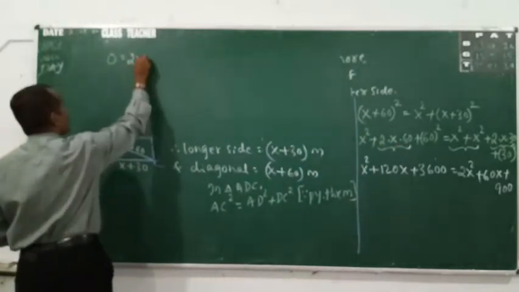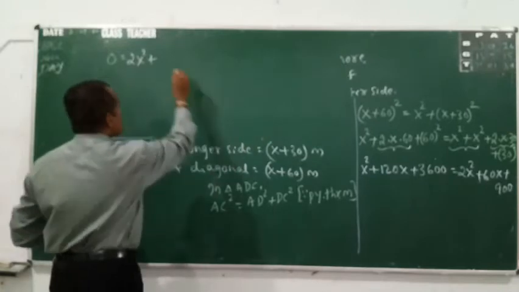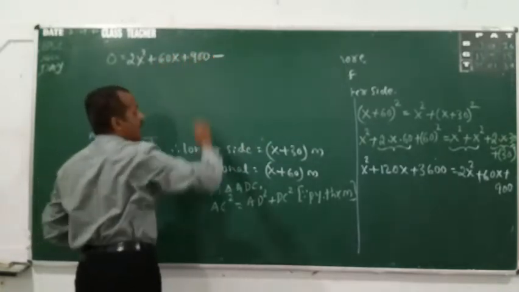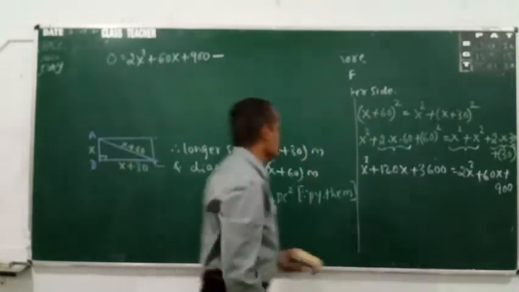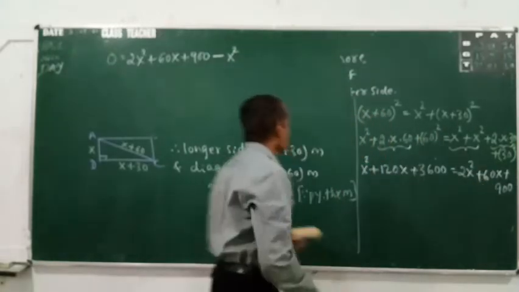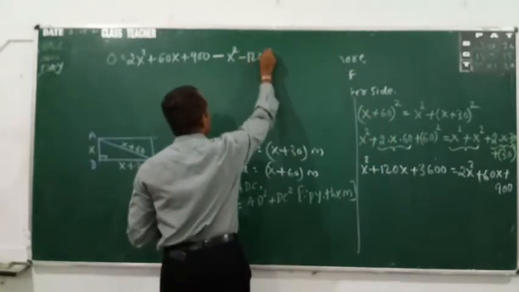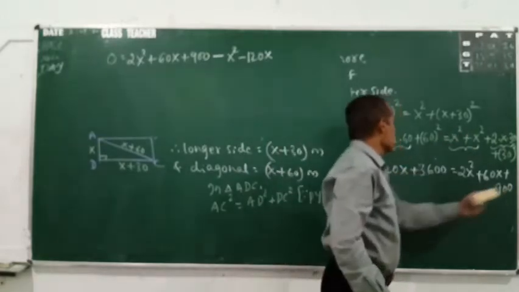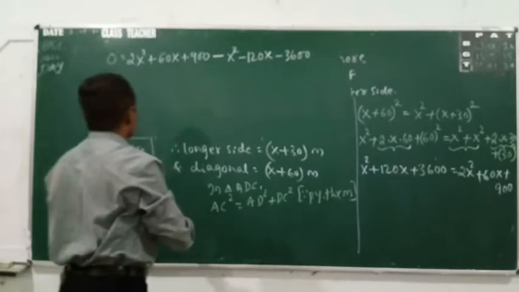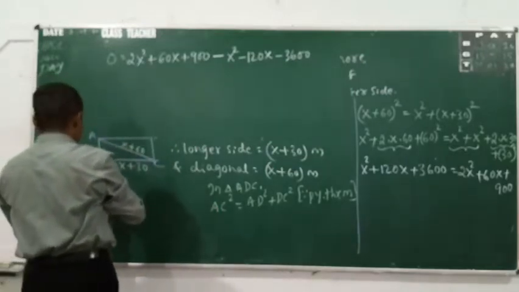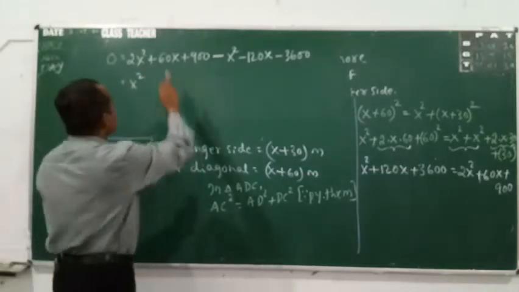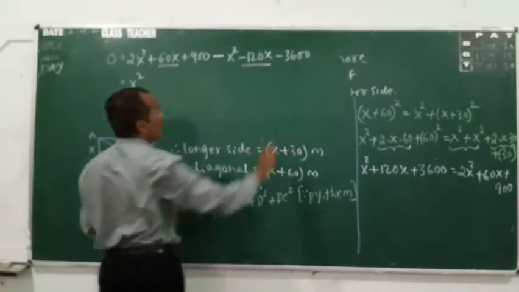I will start from there. 2x square plus 60x plus 900, minus, transfer this to the RHS, that is x square. Transfer this to the RHS, minus 120x. Transfer this to the RHS, minus 3600. So it is 2x square minus x square gives you x square, plus 60x minus 120x,